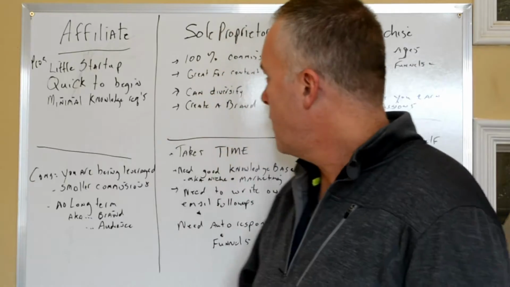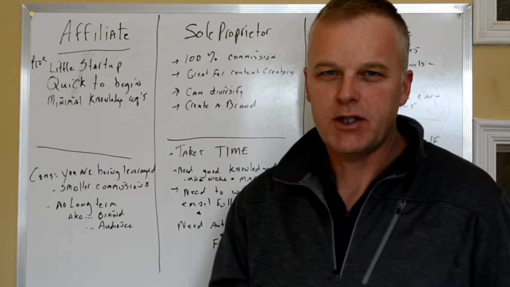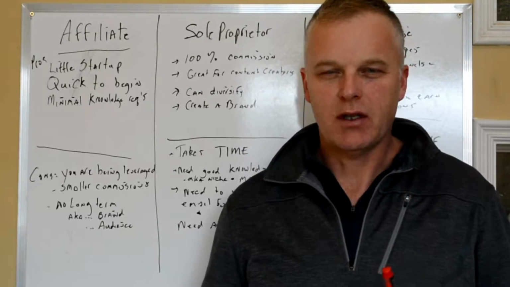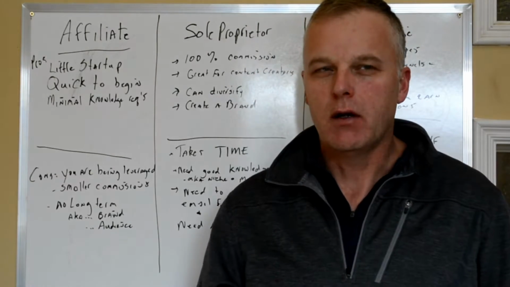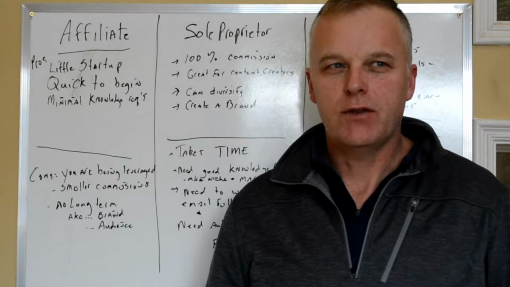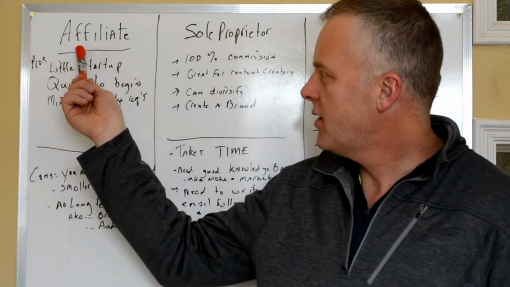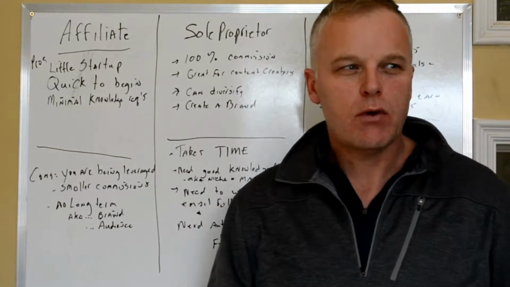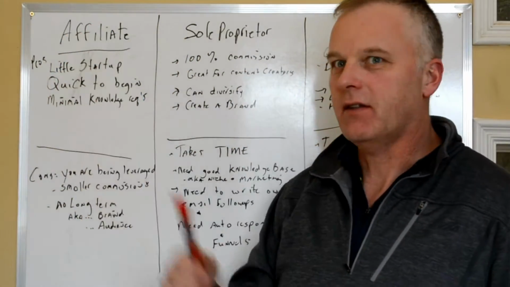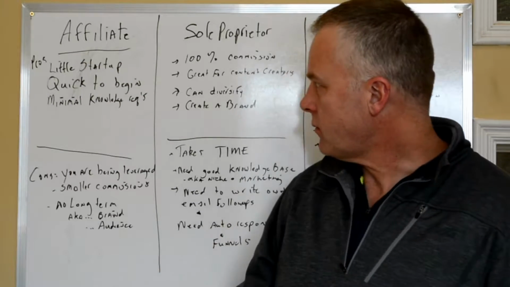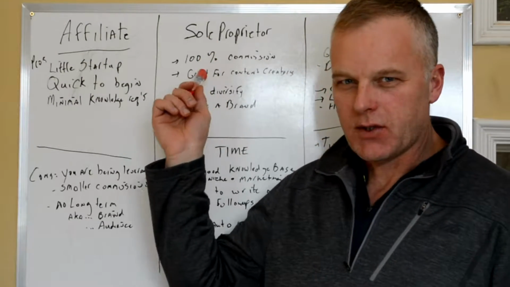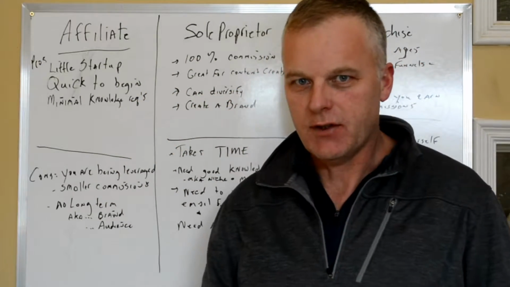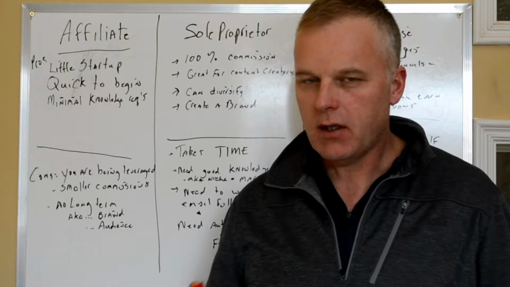So the next one I call the sole proprietorship. This is basically people who love to content write, people that like to make their own courses, people that have knowledge, have maybe done this, perfected it, and now want to create their own course to sell on how to do this effectively. So the great thing about a sole proprietorship is that you make 100% commission on whatever content you write. If you're selling a book that you wrote, you make 100% on that.